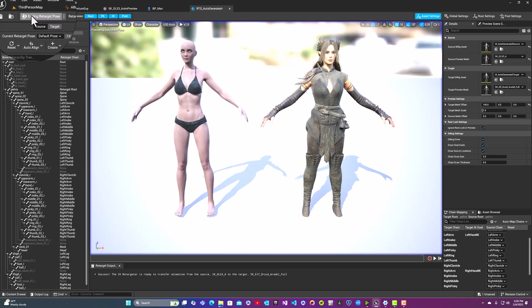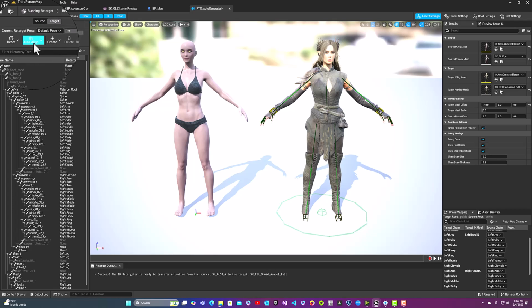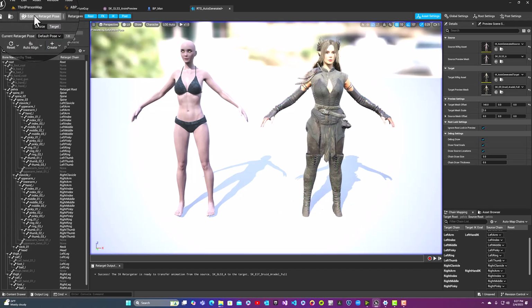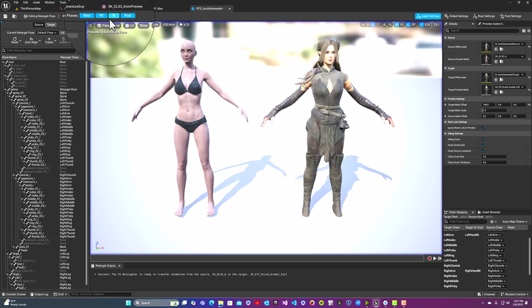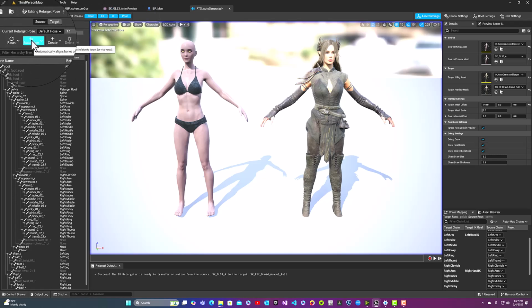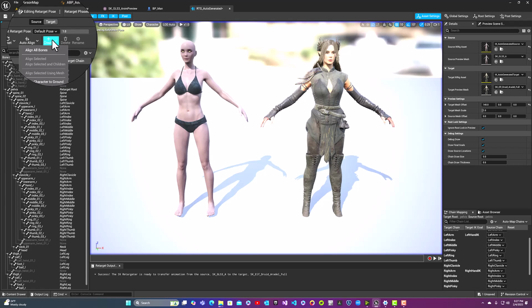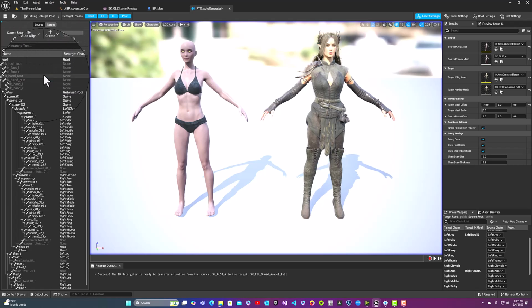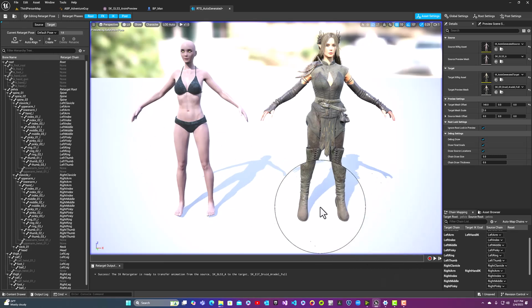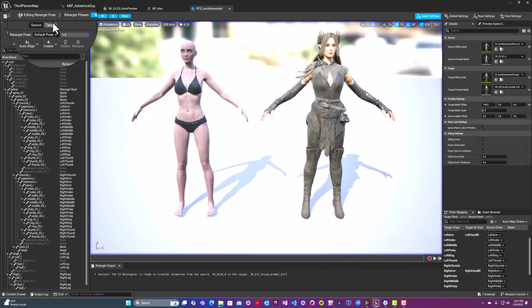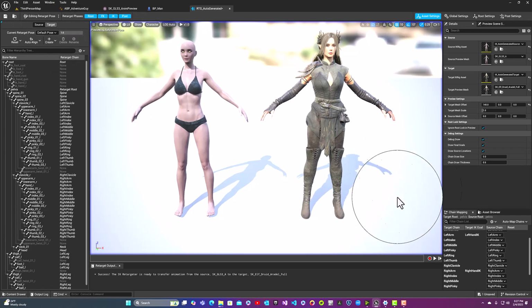There's this thing, it's easy to overlook up here. If it's running the retarget pose, these buttons are not going to do anything. So you're going to stop that from happening and make sure that you include IK in this. So we've auto-aligned the bones, and then we can open that up again and snap character to ground, okay? So we don't have that weird issue. And then what we can do is we can export,